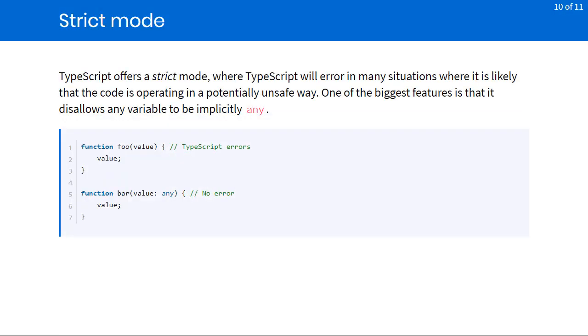Now, TypeScript does offer what's called a strict mode. And if you turn this on, then that code we were looking at in the last slide is actually no longer valid TypeScript. And that's because the implicit any gets turned off in strict mode. So you see here our function on line 1, that's exactly the same function we saw in the last slide, and that's no longer going to be valid TypeScript because we can't have an implicit any anymore. However, the function bar that's declared on line 5 is completely valid because we're explicitly saying that we're going to accept the any type, and so anything's going to be accepted by this bar function.